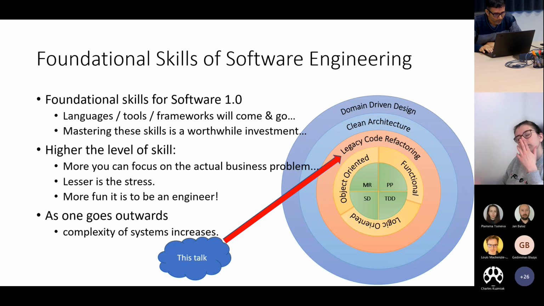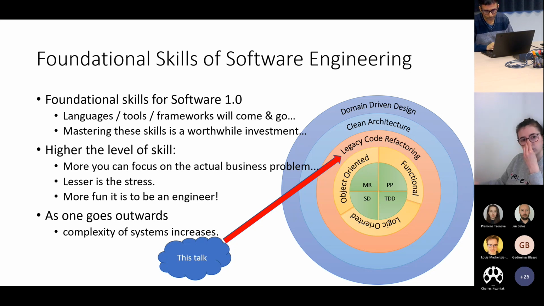Some usual background stuff. So this is essentially, in my opinion, what constitutes the entirety of the skill set required for software 1.0. And the whole idea is, once you master these skills, your job becomes fun. You tend to find a lot of happiness in work, a lot of confidence.